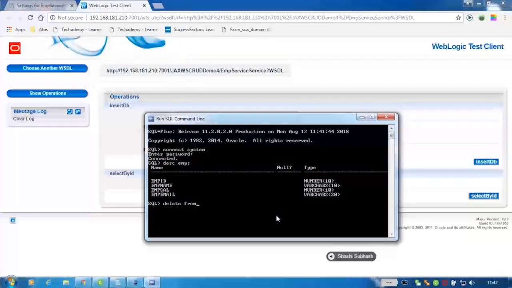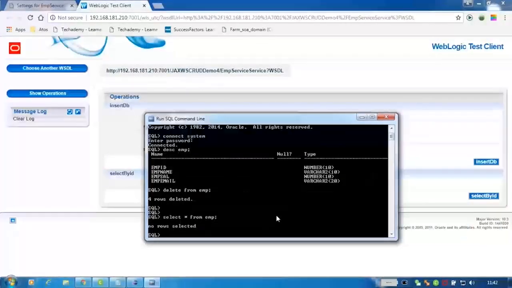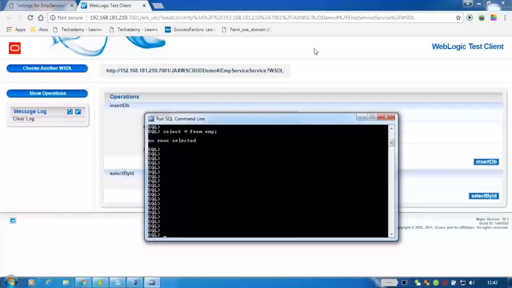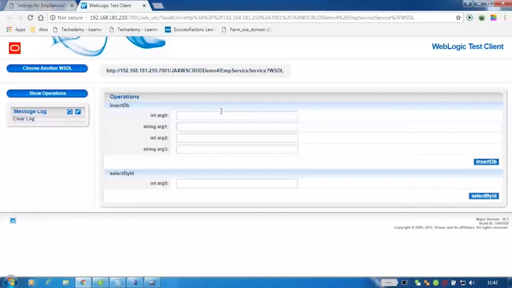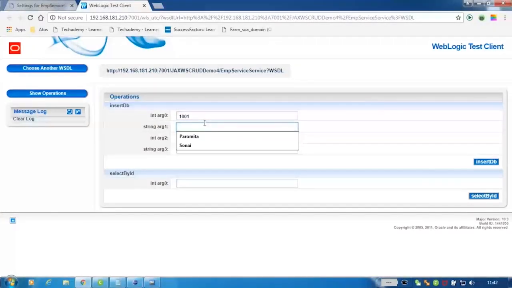Delete from EMP. Rows deleted. Fine. So select star from EMP. Currently no rows are there inside this EMP table. Fine. Okay. Let's insert one row, and this employee ID is 1001, and employee name is